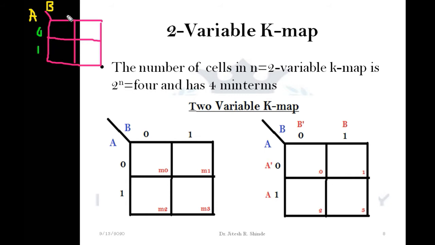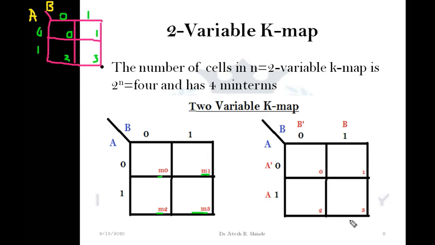How does the numbering go on? Why is M0 written, why M1, M2 and M3, that I am trying to explain. 0 0 means the first minterm will be 0. 0 1 means 1 in decimal format. 1 0 in decimal is 2. 1 1 in decimal format is 3. So for this reason, these are the minterms. Some may write them as M0, M1, M2, M3. Some may write simply in decimal format, excluding the small m, as 0, 1, 2 and 3.